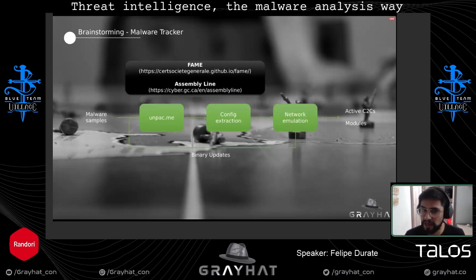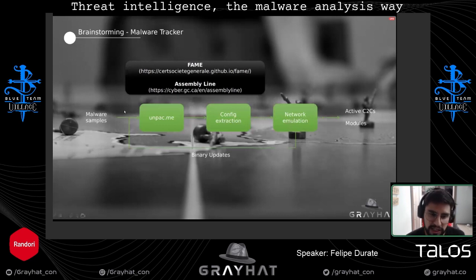First, you can track malware. How can you do that? You can receive samples and send them to services such as Unpack.me, or some sandboxes, to extract the unpacked payload, add your configuration extraction code, and apply that code to the unpacked samples. Then, with all the configurations, you need to emulate the network traffic using a bot. So you can reverse the network traffic, build an emulator, and get everything.